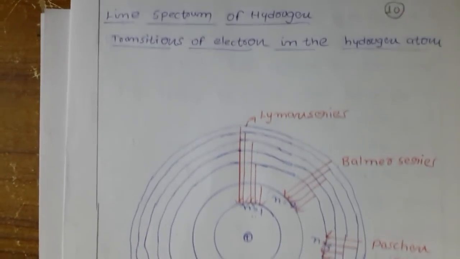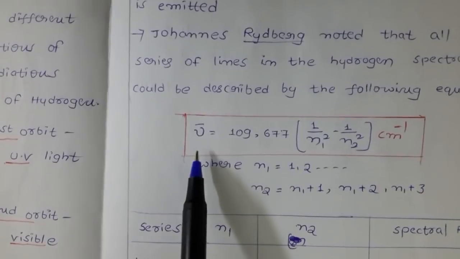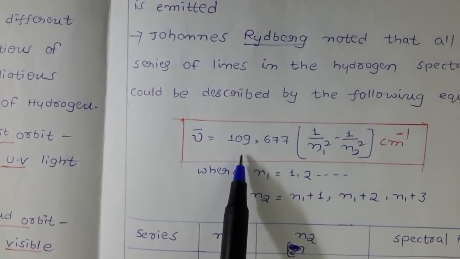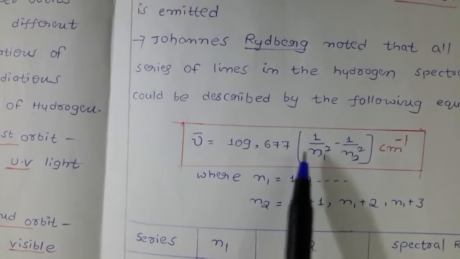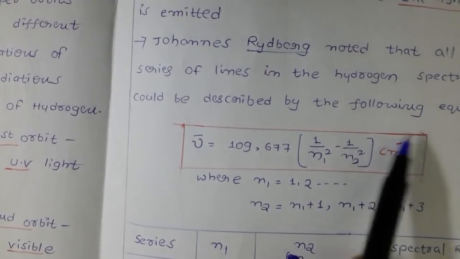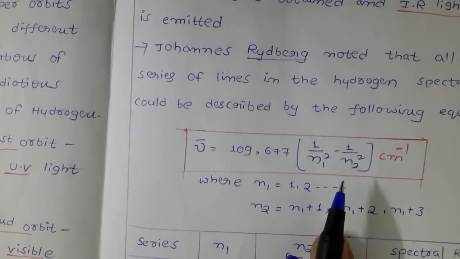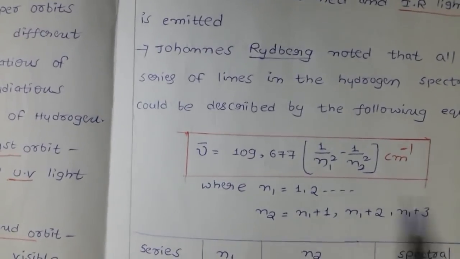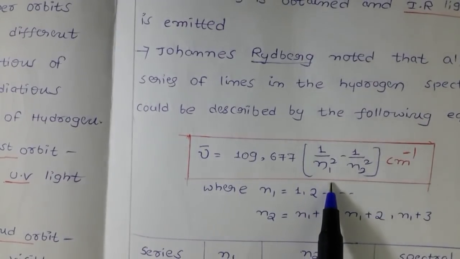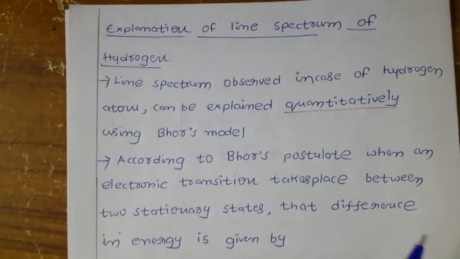Okay, in one of the videos, we discussed the line spectrum of the hydrogen atom. In that, we came across one formula, that is mu naught equal to 109,677 by n1 square minus n2 centimeter inverse. Here we didn't get any information on how we got it, isn't it? Directly we wrote the formula. So how this came, that explanation is given by Bohr's atomic model.